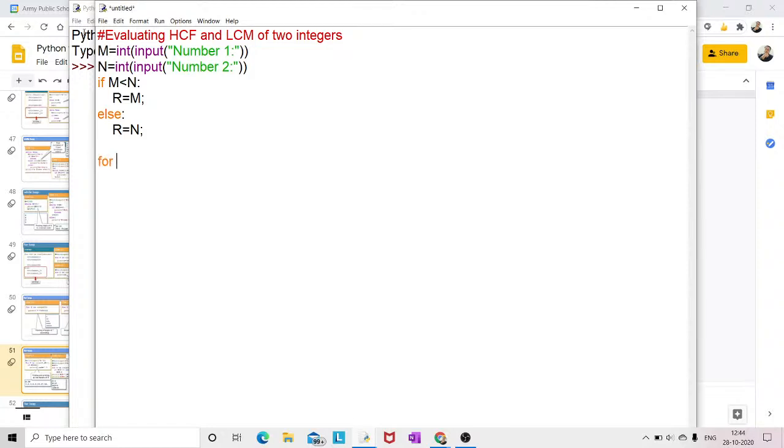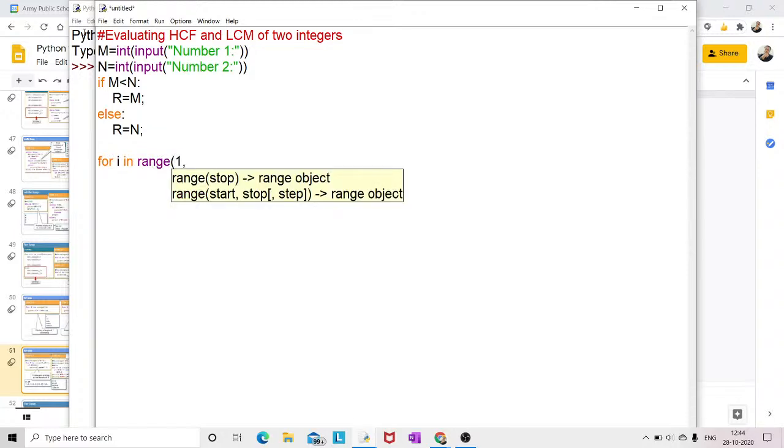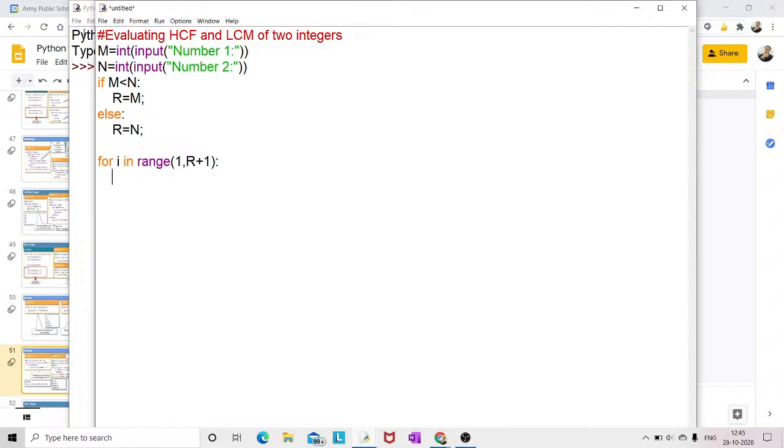So see here, for i in range 1 to r plus 1, और जो भी रेंज होगी, मुझे दोनों ही नंबर्स जो हैं डिवाइड करके देखने पड़ेंगे, यानी m भी डिवाइड करके देखना पड़ेगा। m modulo i is equal to 0 and n modulo i is equal to 0। अगर ये है तो इसका मतलब है कि उसने दोनों ही नंबर्स को डिवाइड किया है, तो ये मेरा HCF होगा।